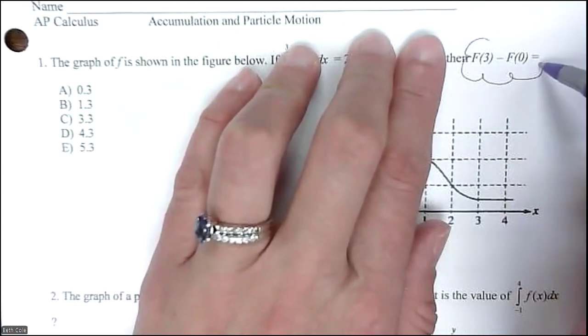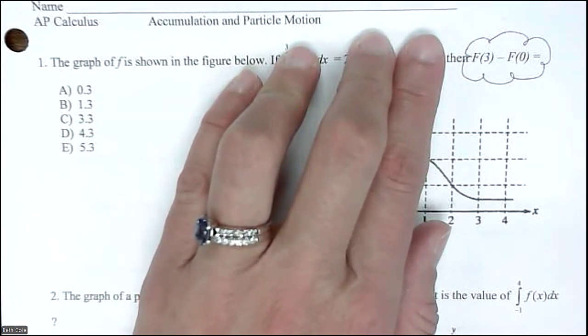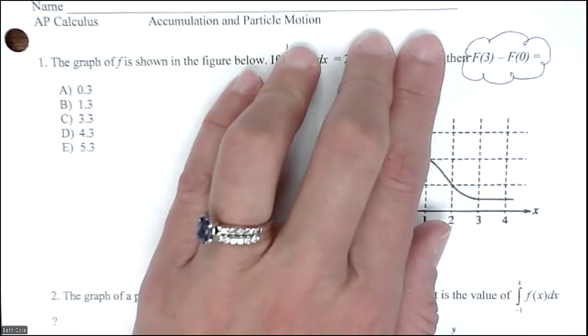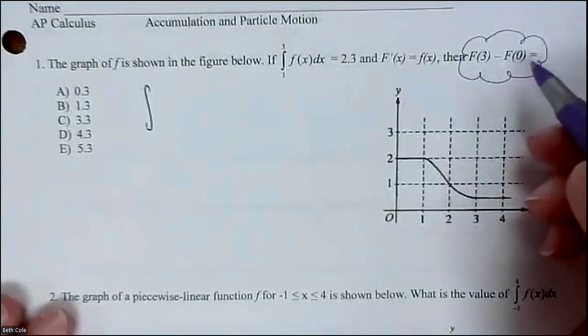This should make you think fundamental theorem of calculus. Do you see f of 3 minus f of 0? If a whole lot of a problem looks like gobbledygook, find one thing in it that makes sense and focus on that. Okay. This should make you think integral. That's where that should land in your brain, okay? Are we there? Okay, so it's going to be integral from